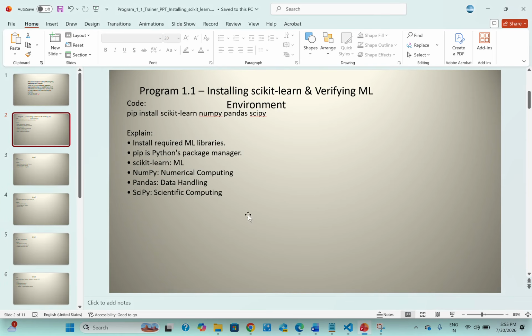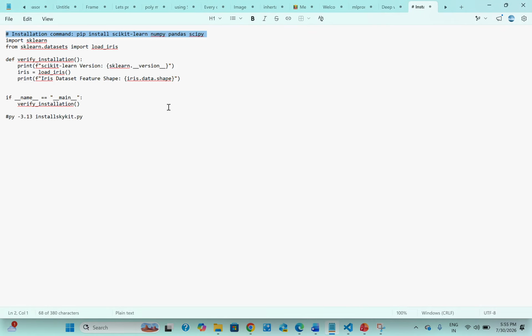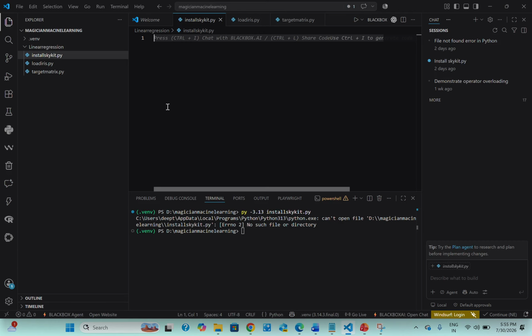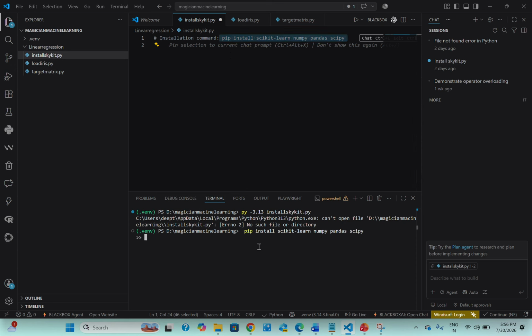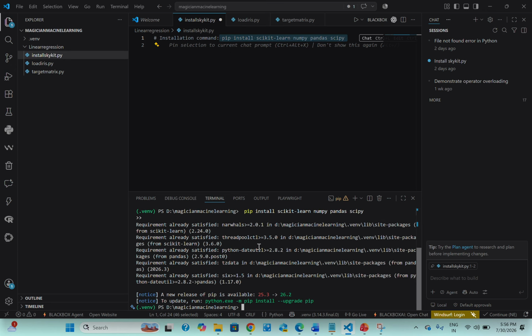So, what are those packages? Those packages are scikit-learn, NumPy, Pandas and SciPy. First, we are going to install these libraries in our system. Here the command is pip. Pip is Python's package manager, which is going to install for us scikit-learn, NumPy, Pandas and